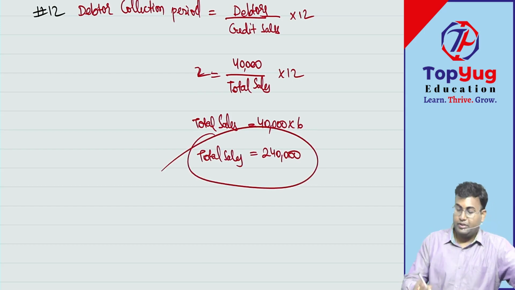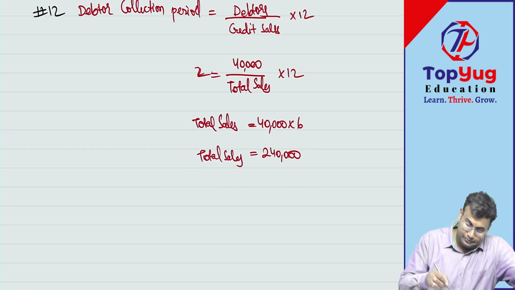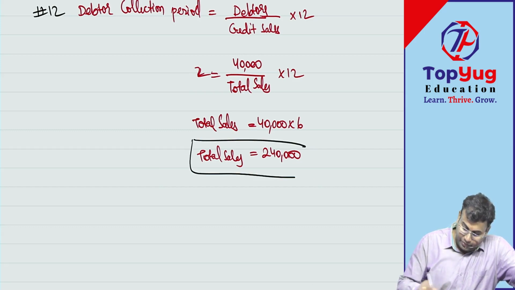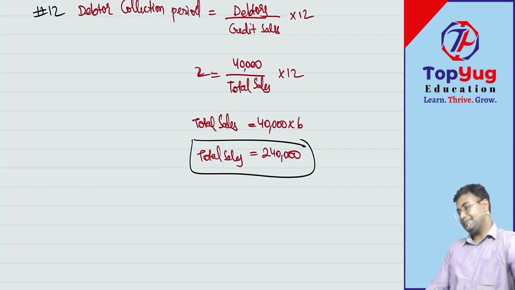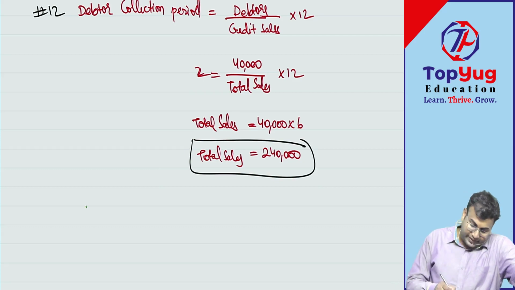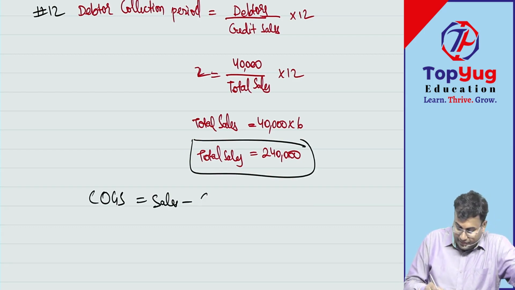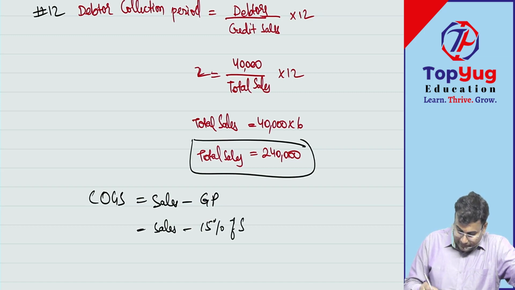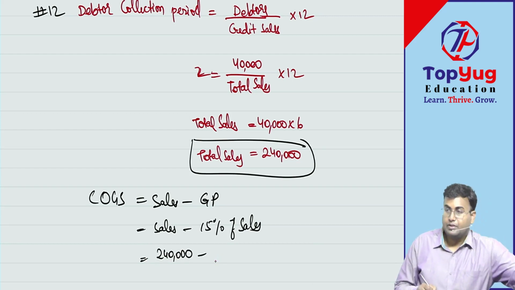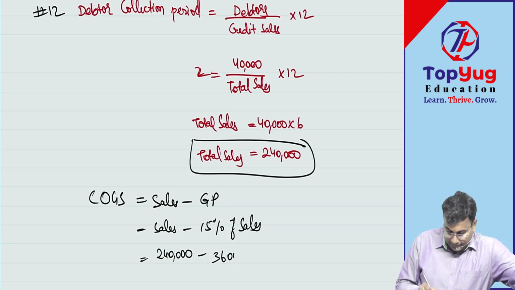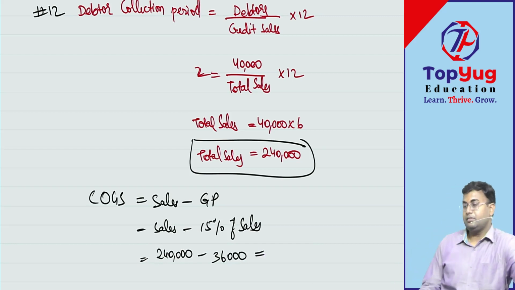Now cost of goods sold is not equal to sales because they have given GP at 15%. So technically now cost of goods sold would be sales minus GP. That is nothing but sales minus 15% of sales. That is 2,40,000 minus 36,000. That means,